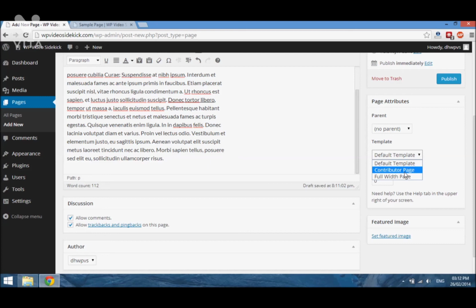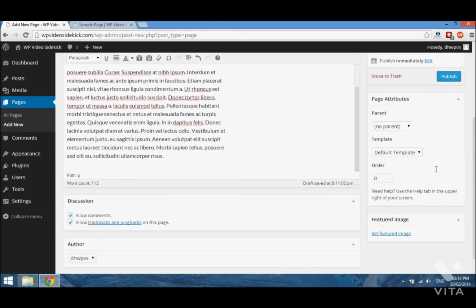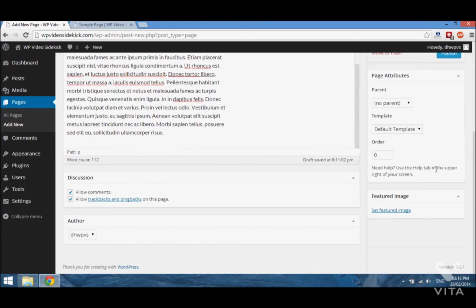Different themes will give you different templates. This particular theme is a portfolio type theme, so it may have something to do with that. But like I said, depending on the theme that you're using, different templates will be listed here. And you know, the best way to figure out what it does is just create a test page, select template,